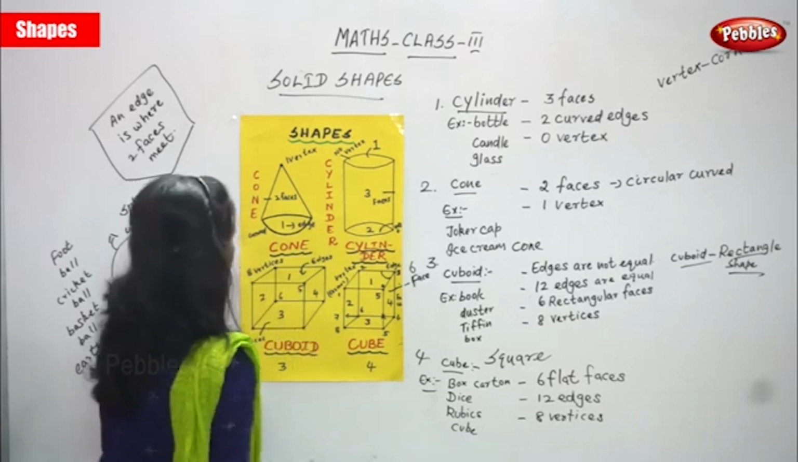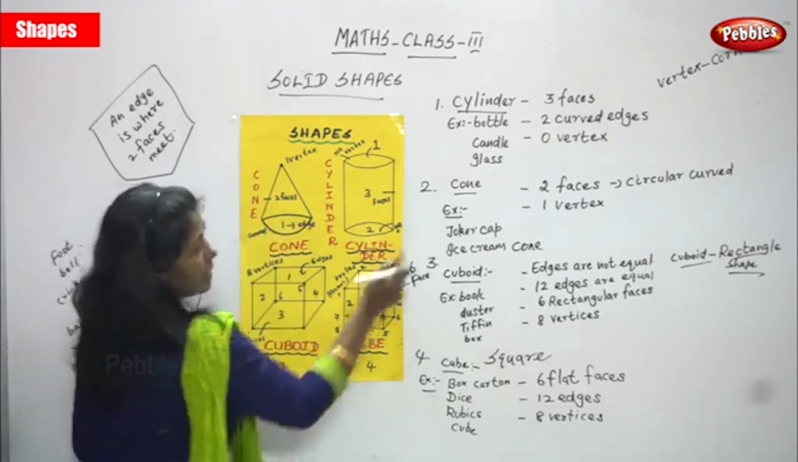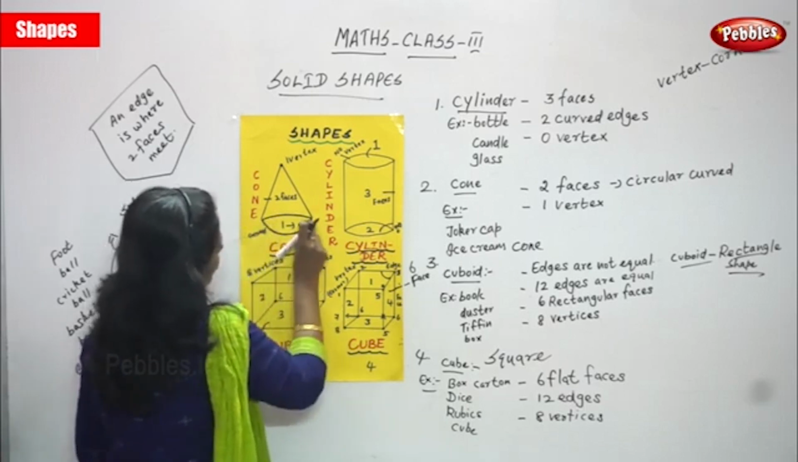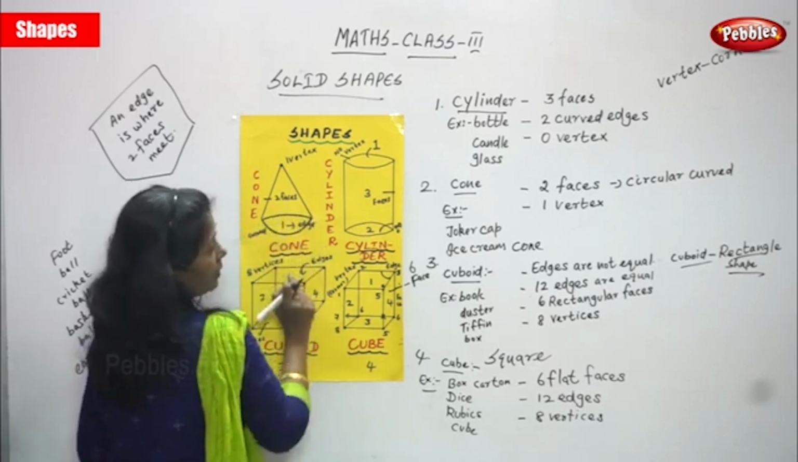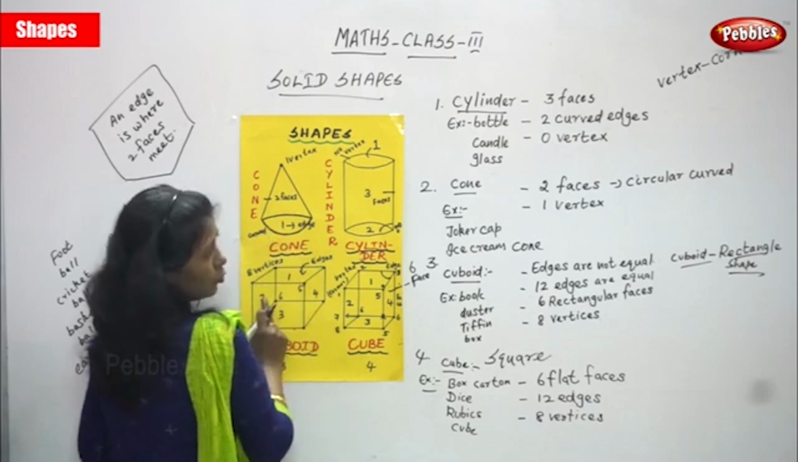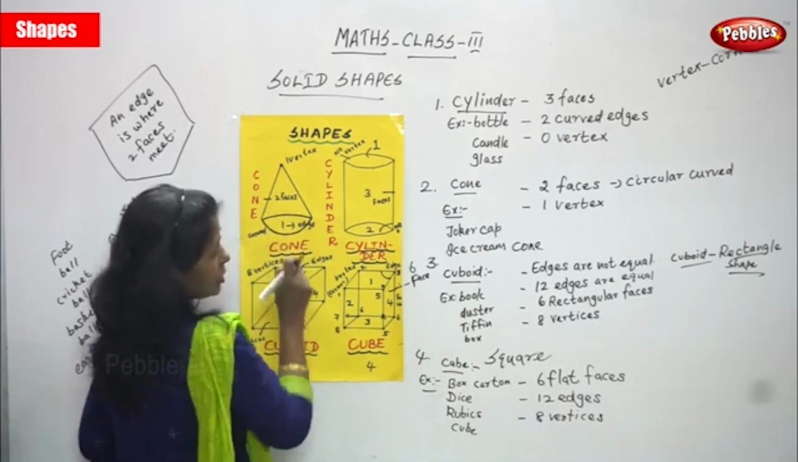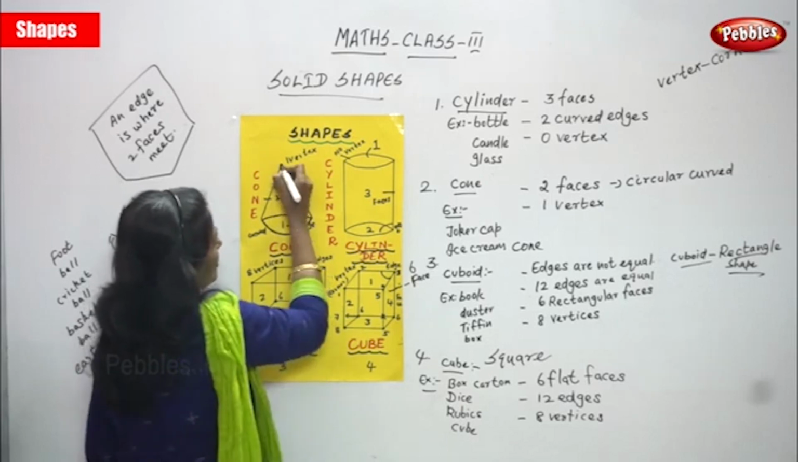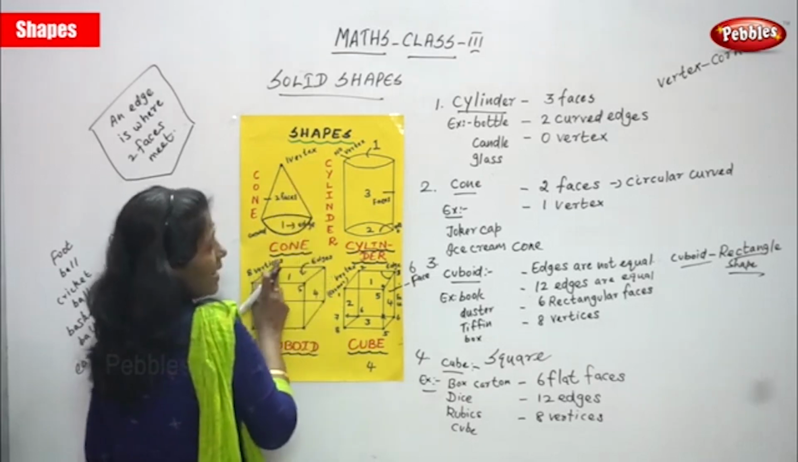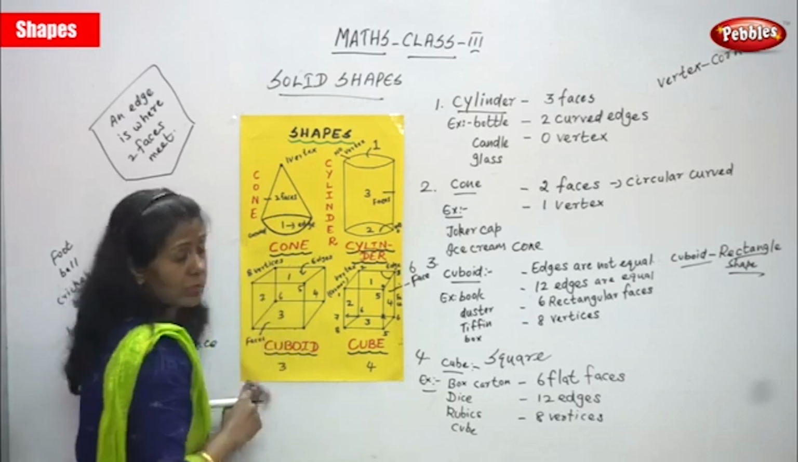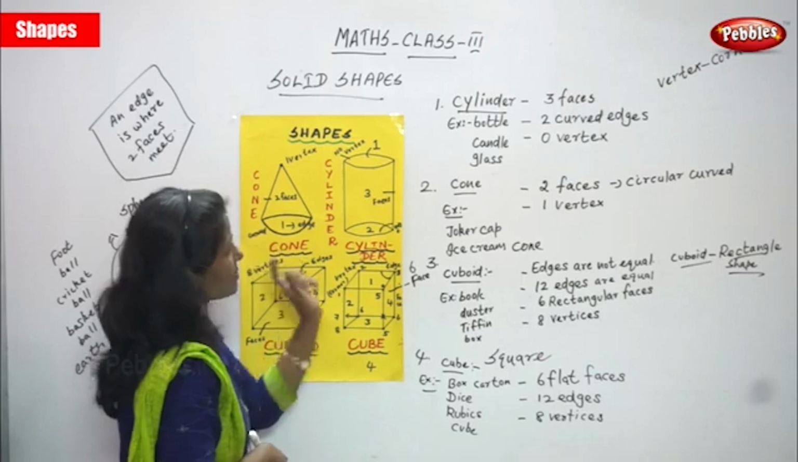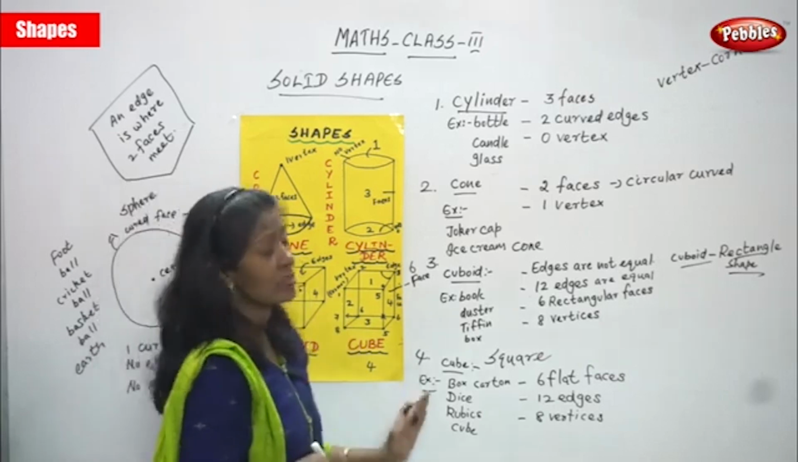So 2 curved edges. And this is a cone. It has 2 faces. This is one and this is another, top and bottom, one face, 2 faces. One is called a circular curved face, and one vertex. Vertex means this is the only thing called a vertex. Edges, that means one edge. That's it. I think you understand all the shapes as well as the examples and edges and